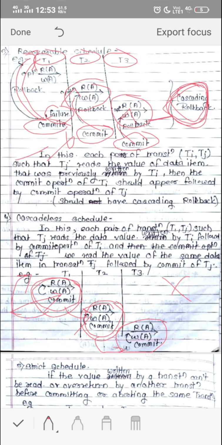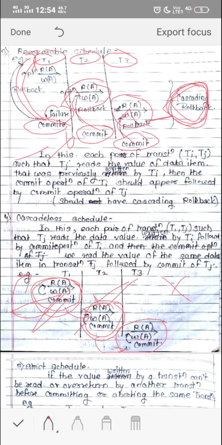If I am referring to each pair of transactions T1 and T2 such that T2 reads the value of a data item which was previously written by T1, then the commit operation of T1 should appear before the read of the same data item in transaction T2.